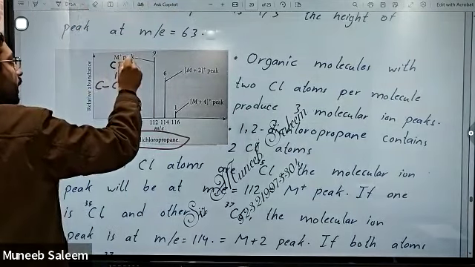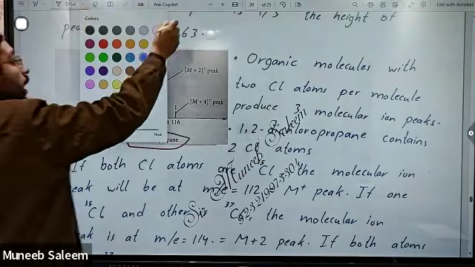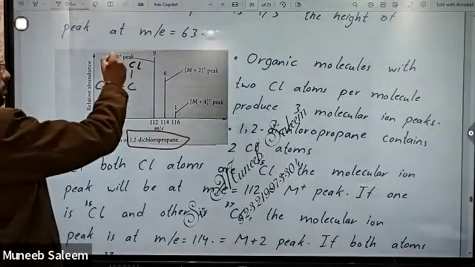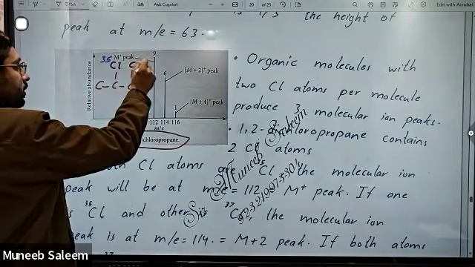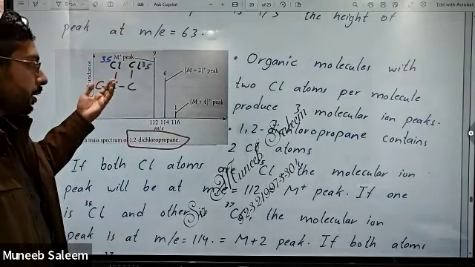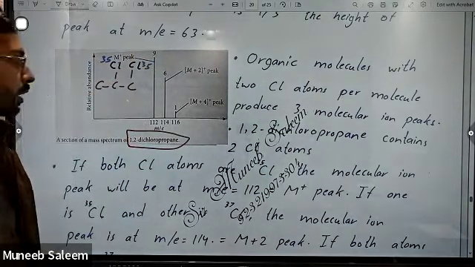One chlorine atom over here and another chlorine atom over here. But I'm going to make some combinations. If I write that both of them are chlorine 35 each, then you will simply compute their m/z value, their mass value, which will come out to be